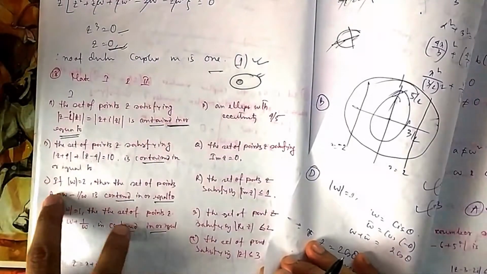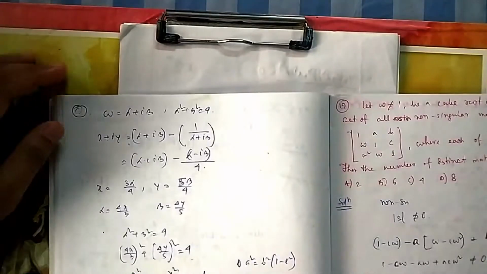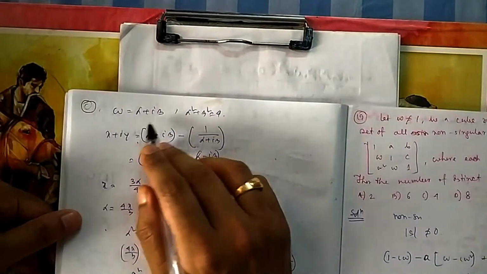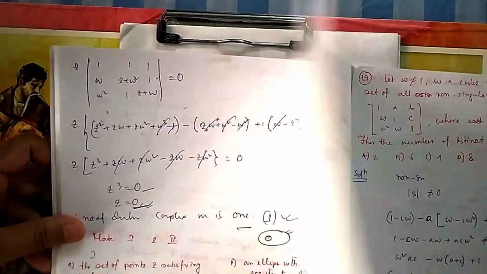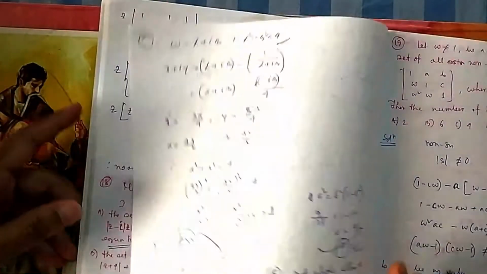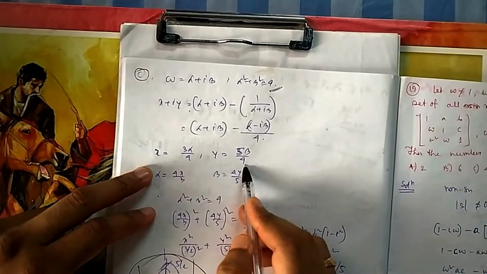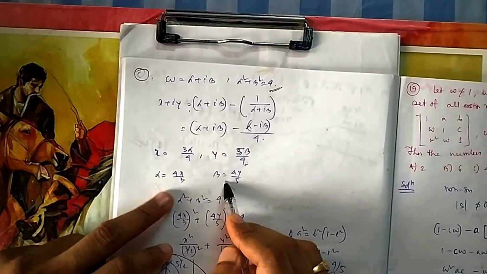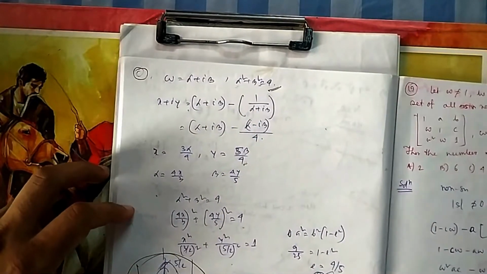If you come to B, I see this is given, the set of points. So they have given you something of this fashion. Omega is given. So you find the locus of this one satisfying all these conditions that they have given. If you apply this and calculate your real and imaginary parts, your alpha is equal to this, beta equal to this. Replace this alpha, beta, so you will get the equation of x and y.